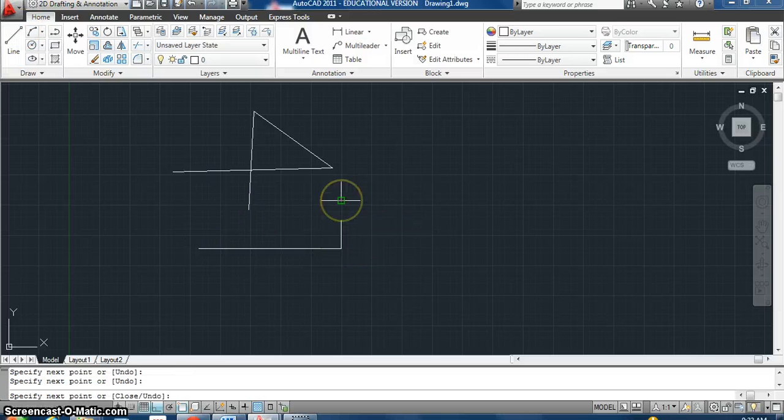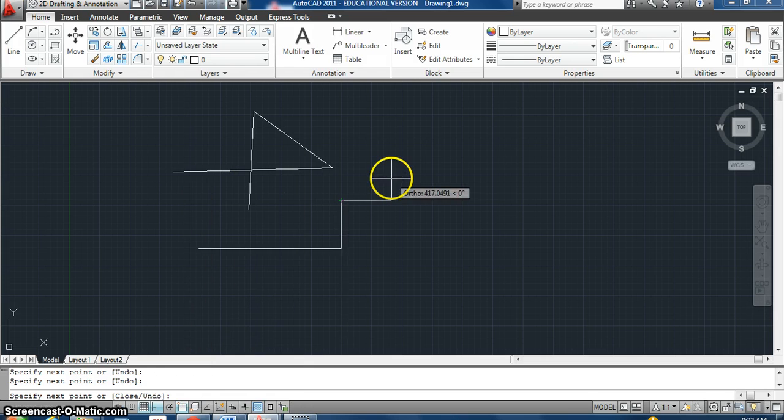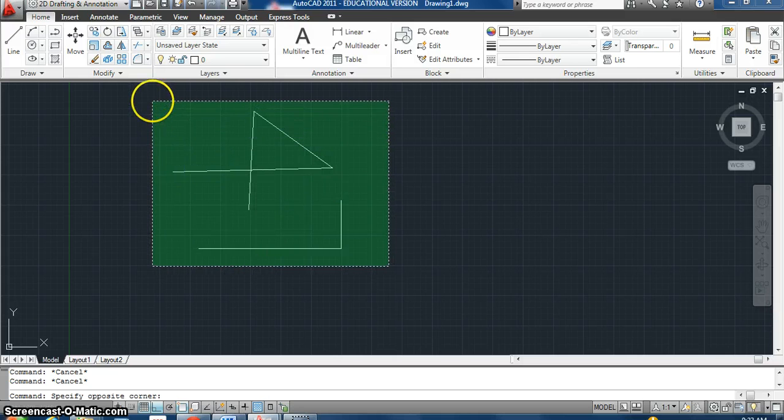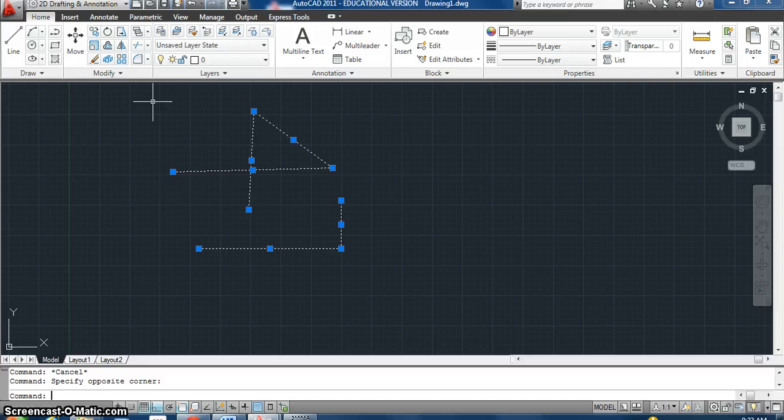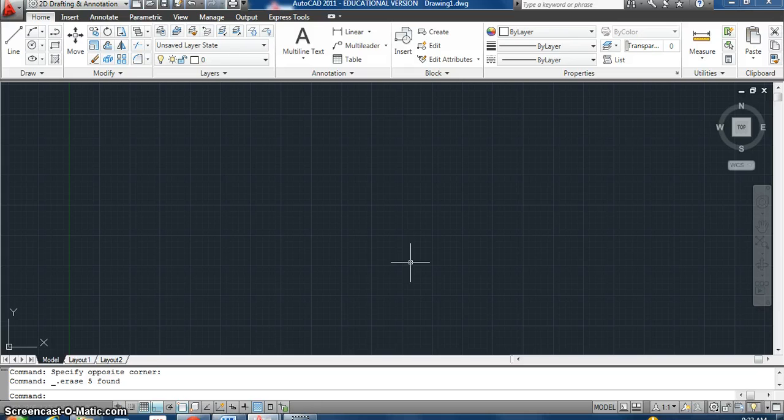And again, we spoke about O-snap, which is down here, and if we right click on it, it gives us our options to snap to that part of a line. Again, if you're in something and you need to get out, escape twice, or if you want to highlight something and delete it, for some reason it doesn't want to do it because it's running slow. There we go. The other thing that we talked about the other day was our trim,